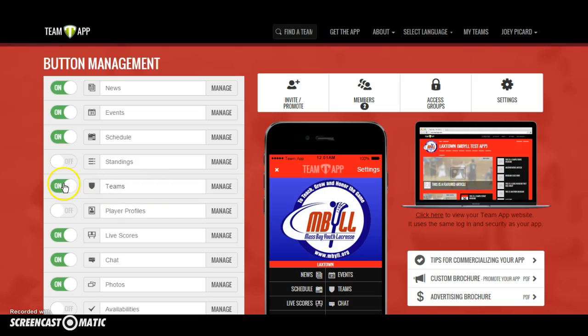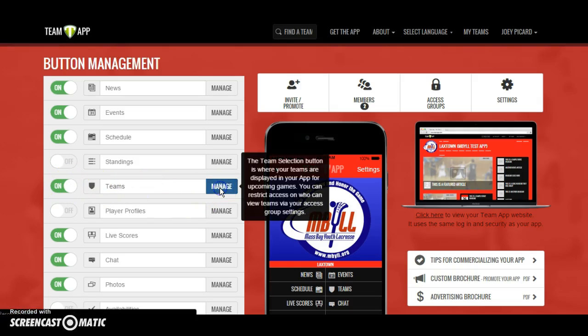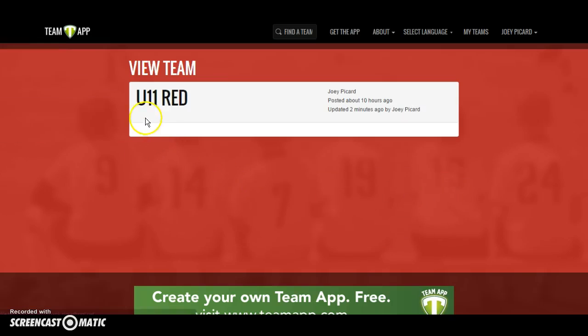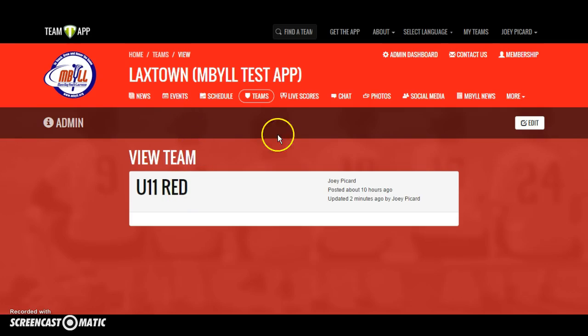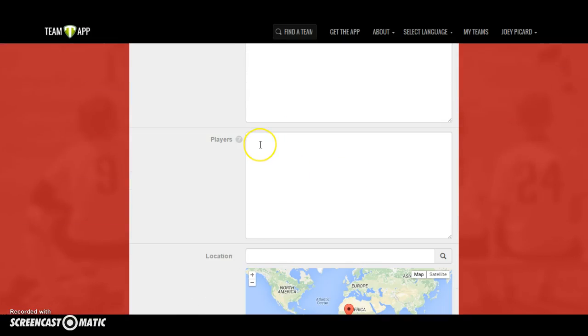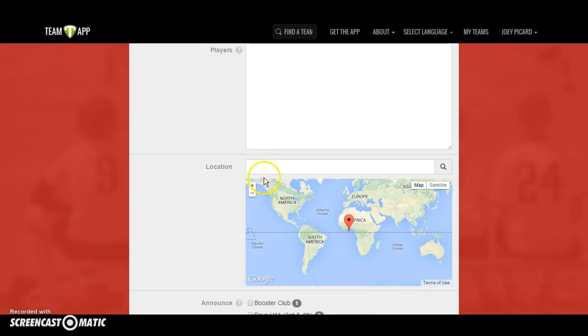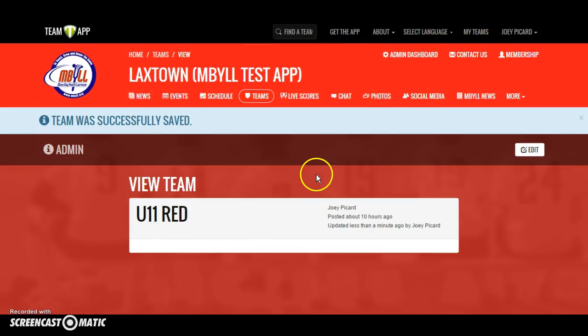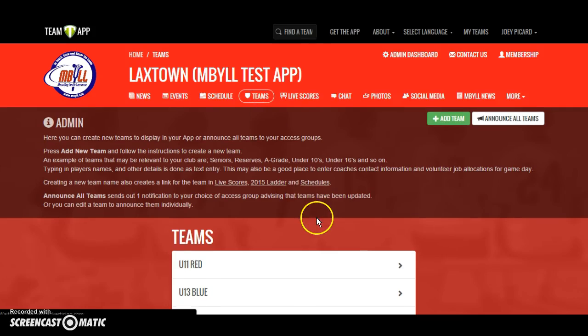Here's our Teams button. We have it as an active button. Click Manage to the right of it, and you'll see that in this particular town app, there are 3 teams, a U11 red, a U13 blue, and a U15 white. Now, clicking on any one of them, you'll see that all it really says is the team name. There's not much other content to it besides U11 red. But if we edit this, we do have the option of adding notes, of adding a roster of players, maybe their position and numbers, a location if we wanted to. We could make that more detailed. But the point is, we have our teams, and that allows us